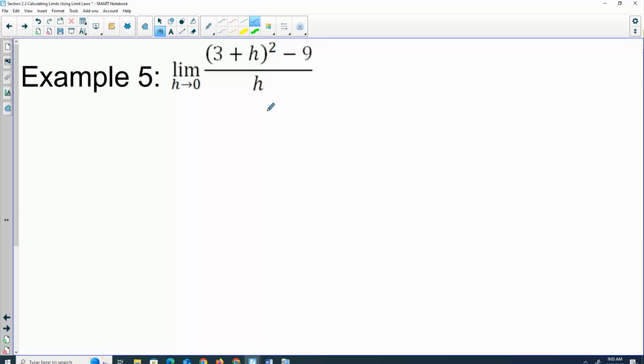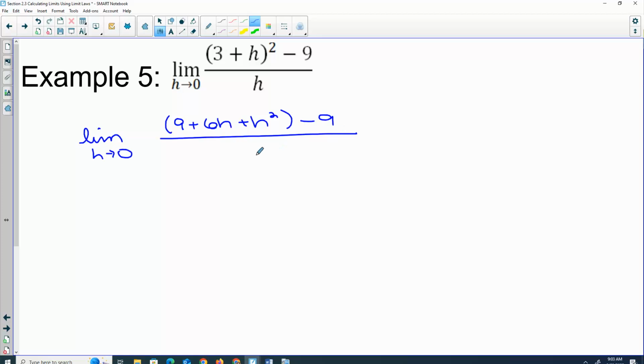Can I just plug in? No, because I'm getting 0 on the bottom. So what do you think we should do? FOIL. Okay, 3 plus h squared means you write it twice. You get 9 plus 6h plus h squared